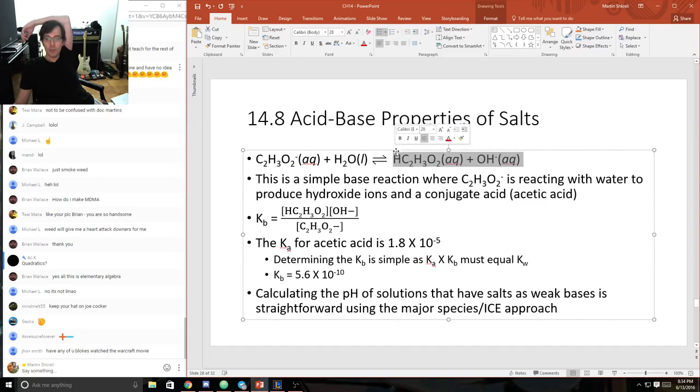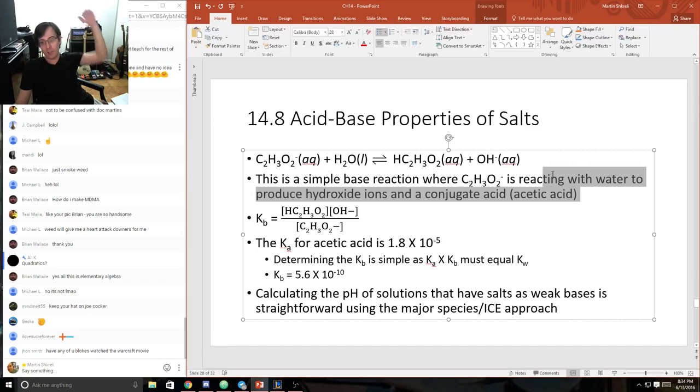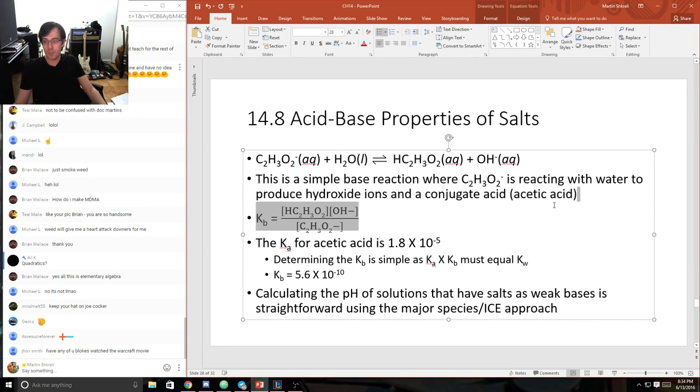And the water, interestingly, will produce hydroxide ions because the water will furnish the proton over to the acetate ion, and H2O will become OH- since one of the H's is skipping town to go to the acetate. So here you have a creation of OH- ions, which is what's making a base. That makes sense. So now this becomes a conjugate acid, or acetic acid is what we recognize it as,